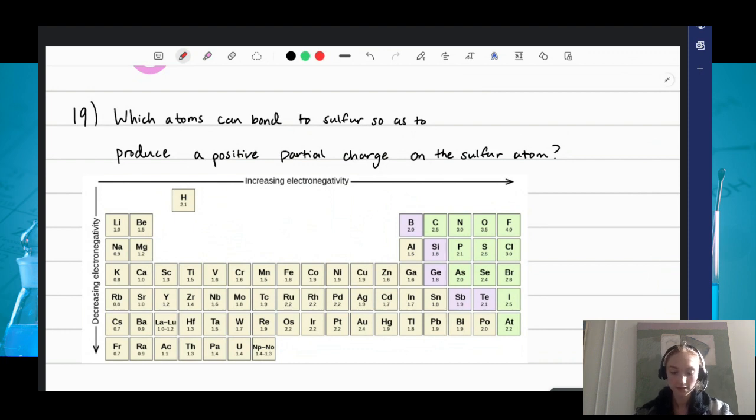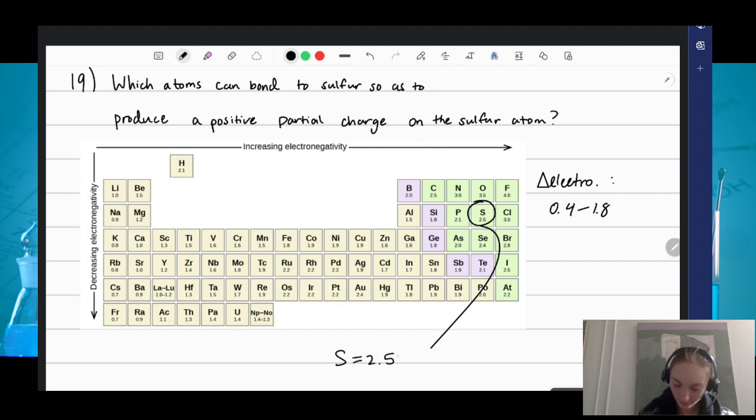Because of that fact, we know, we talked about it earlier, that the difference in electronegativities for a polar covalent bond is going to be between 0.4 and 1.8. Since it has to be between 0.4 and 1.8, we can look at what we need to have for the electronegativity to get to that difference. So I'll show you what that means. Sulfur, first of all, is going to be right here. This is our chart for our electronegativities, and it has an electronegativity